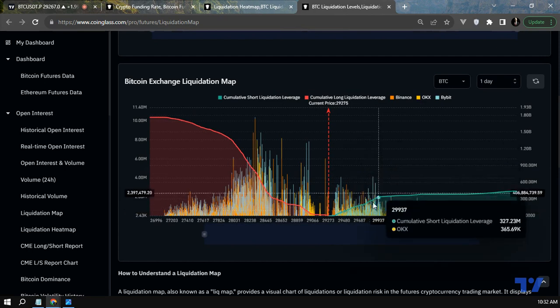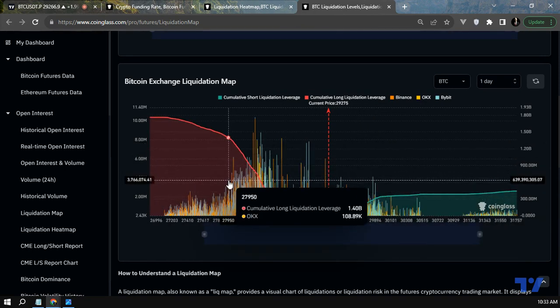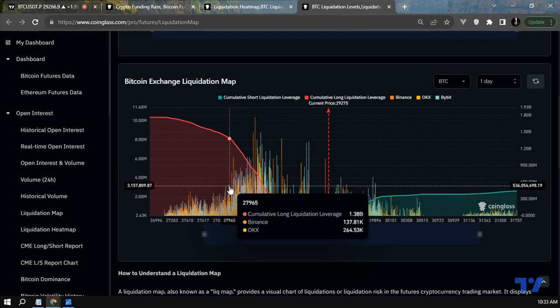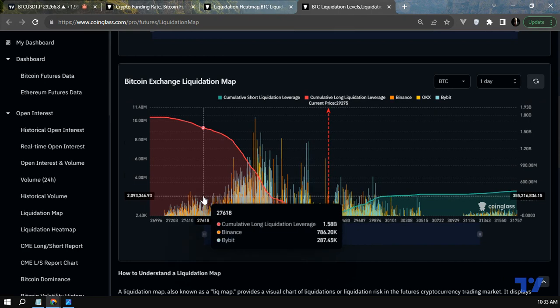Add to the upside, which is 29.6, we have around 185 million. Really doesn't look good to go to the upside, right? So I think the liquidity to the downside is way more. And if you want to stop, the first stop will be 27.9. Will we go lower? We could just come to that 27.6, probably with 1.58 billion.